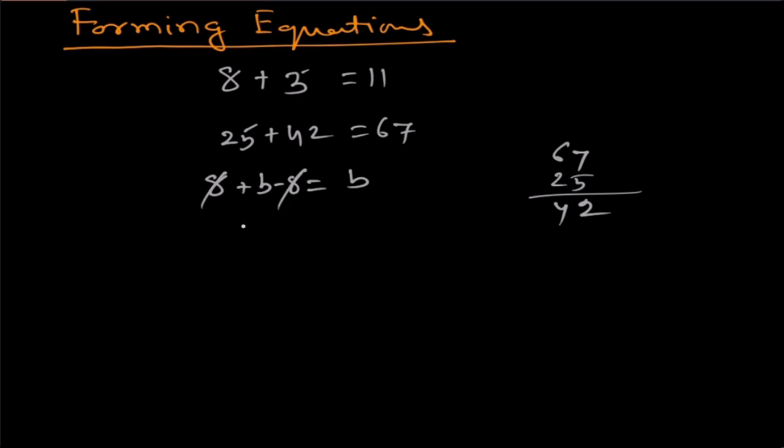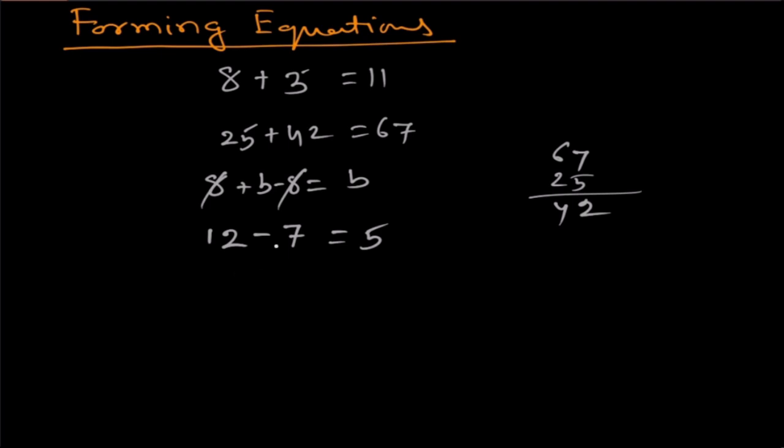This is the basic. Suppose I say, what is the value that should be subtracted from 12 so that we will get 5? What is the value that we will subtract from 12 so that we will get 5? How much will this value be? By intuition you can say 12 minus 7 is equal to 5. How did we find it? 12 minus 5 is this value.